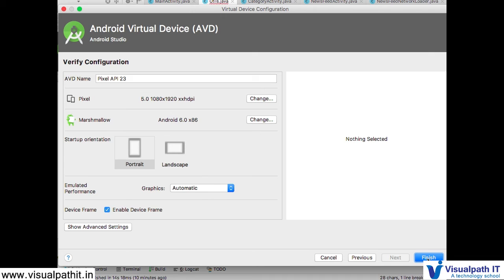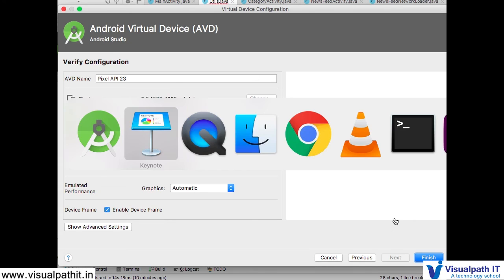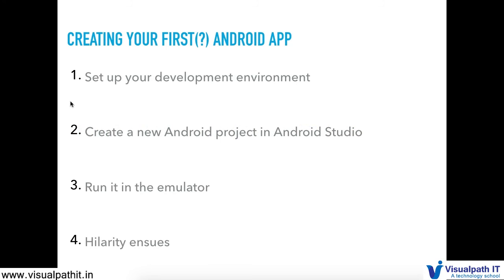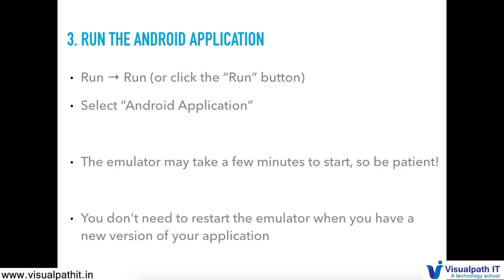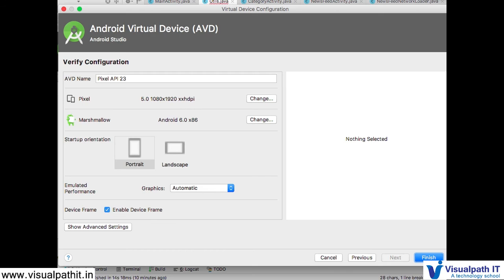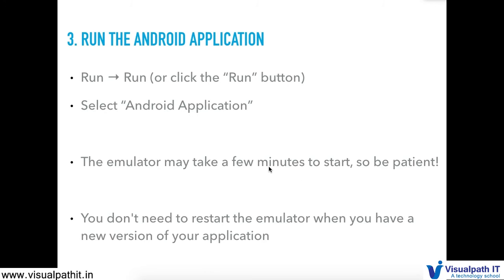Okay, let it generate. Meanwhile I will go to the PPT. So this is what we have already looked into. This is the creation of the project, and then once it is done we just have to click on run. Let me check whether it is done. No, it's not done. So once it is done, we are done with the hello world program,